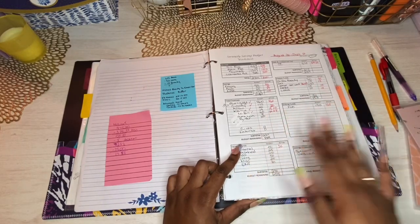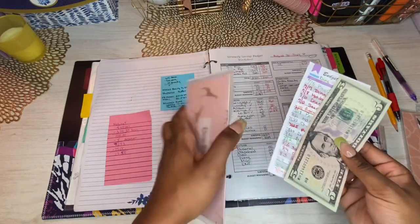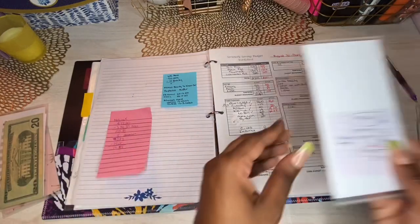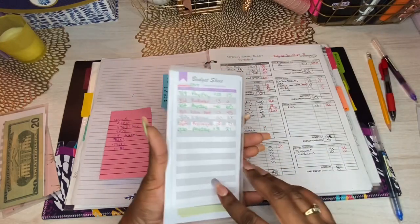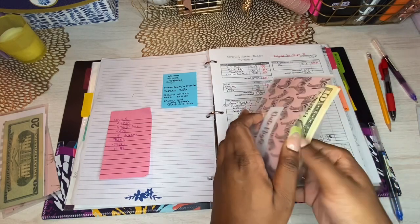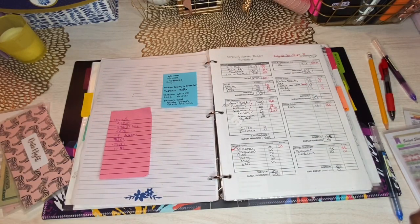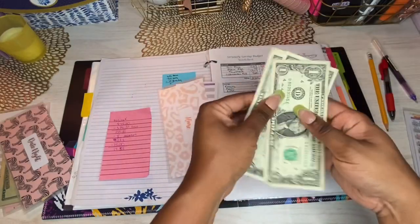So let me show you what's left in my cash envelopes for the next week or so. There's $5 left in dining out. Gas has $20. I know there's no more than that. Let's see. This is what goes back to the bank. There's nothing in there. Entertainment still has 31. We haven't, let me just make sure. No, we haven't spent anything out of entertainment. 31. Because we use the fun envelope. So if I don't spend anything out of the entertainment, I will just put that back in the fun envelope probably, instead of rolling it into something else. And let's see,